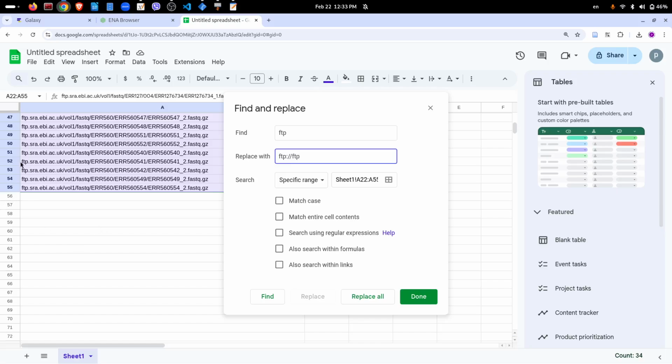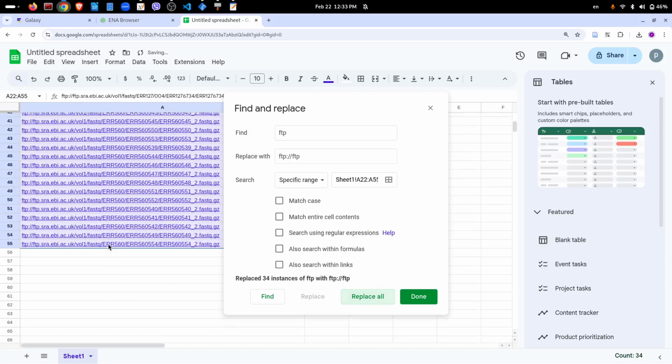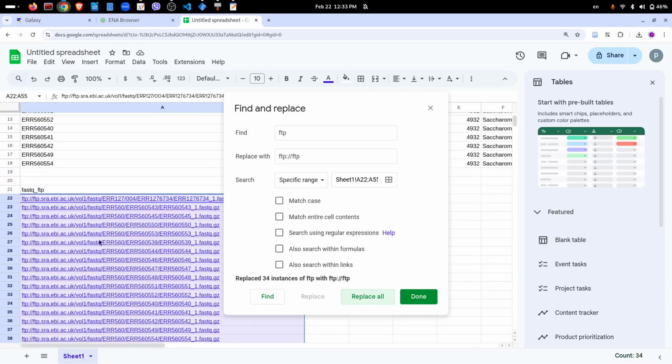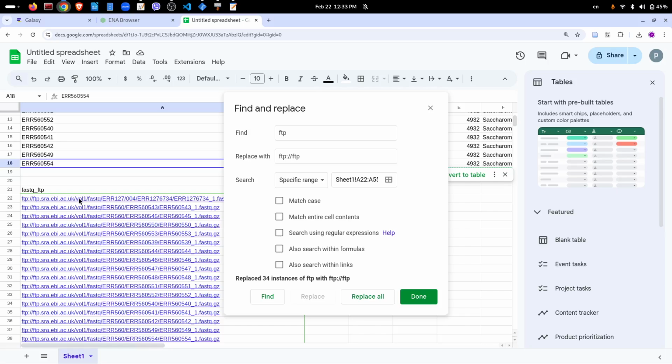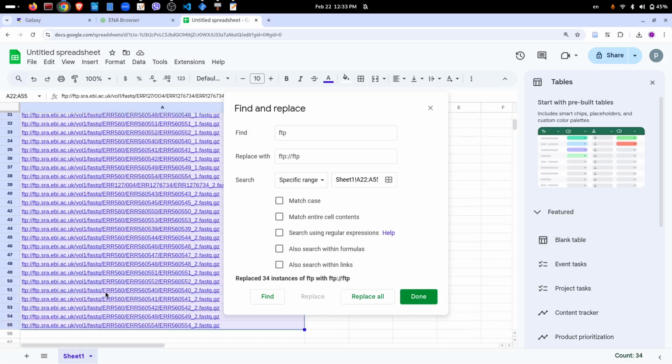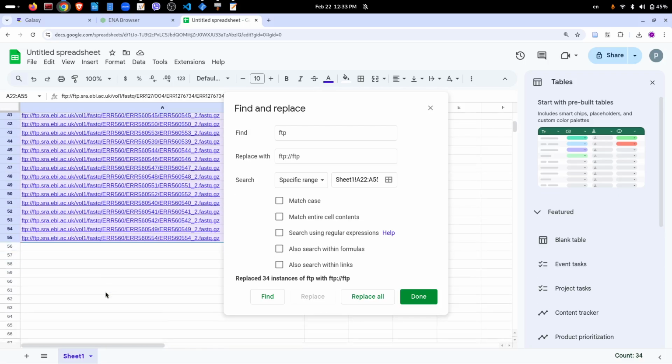The idea here is to put this part of the URL in front of this text. Please be sure to do that only once, because if I redo it, then I will replace these FTPs with ftp:// again, and of course then the URL will be wrong. Okay, now I can get all these URLs, copy,